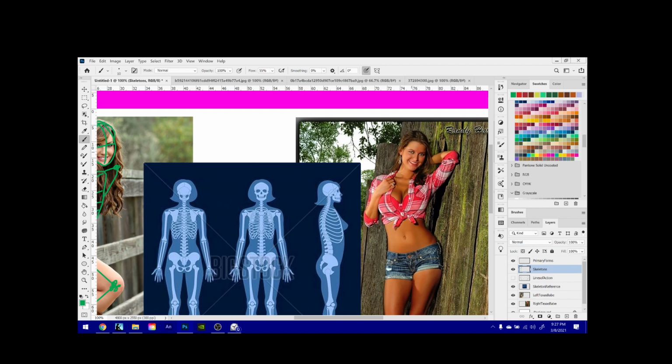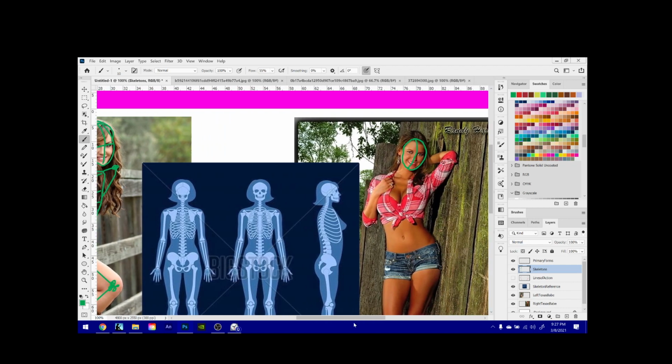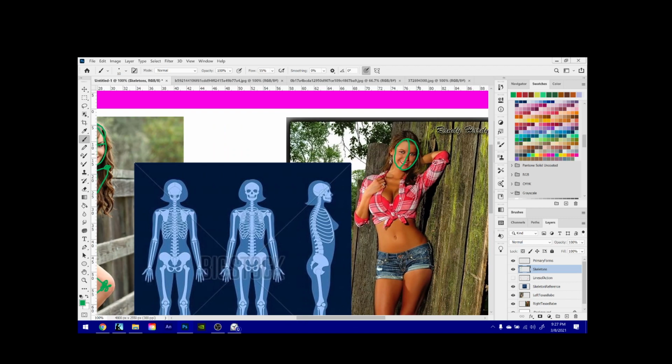Alright, so let's draw the front of her head, and then let's draw the line of angle down the center, and then let's draw the cranium. Let's see how we did the cranium over here. Okay, so we kind of just drew it across her eyes, and then behind, and then up the...